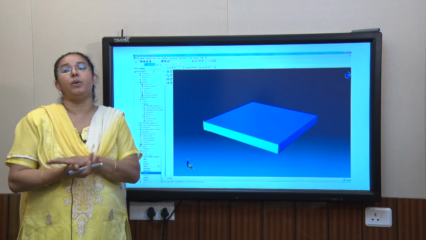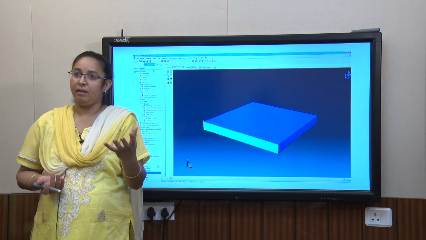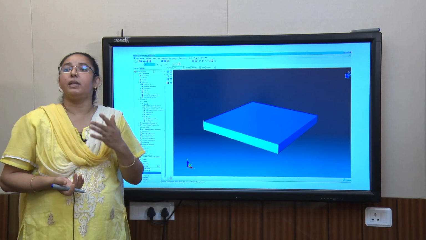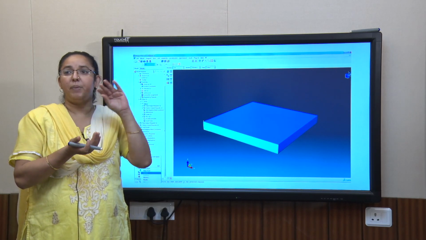So first go for a simplified one, verify with the standards in the literature or design codes, and then include the complexities.